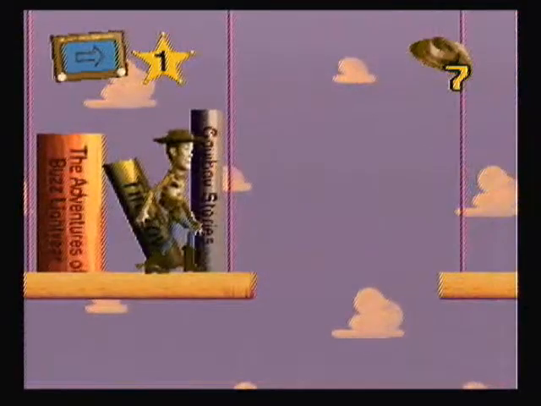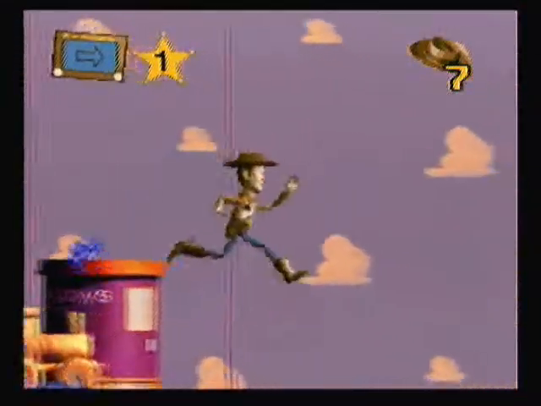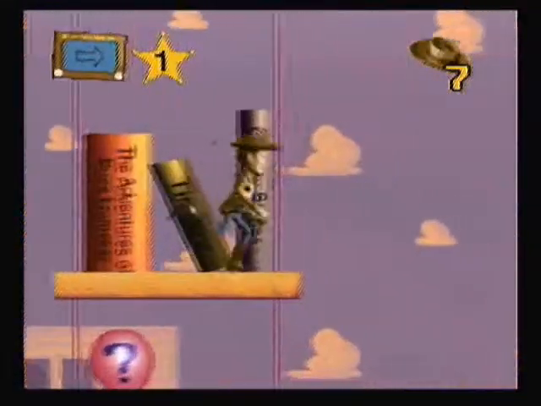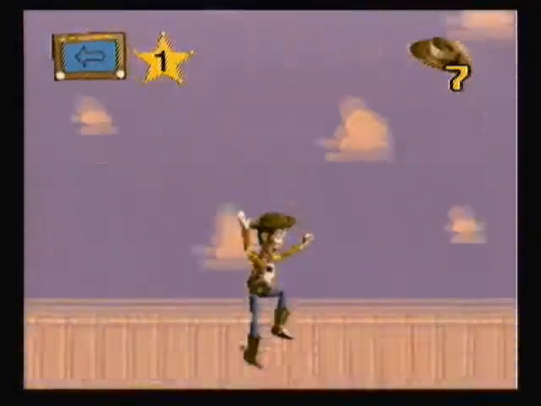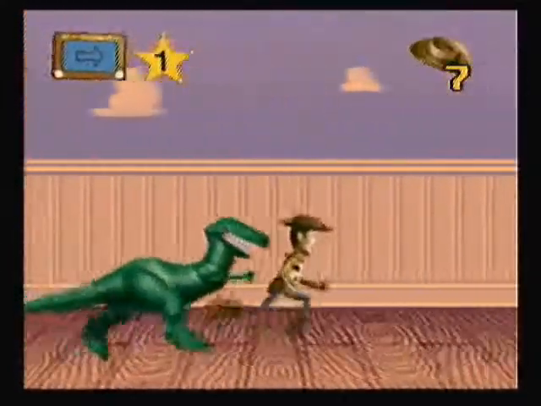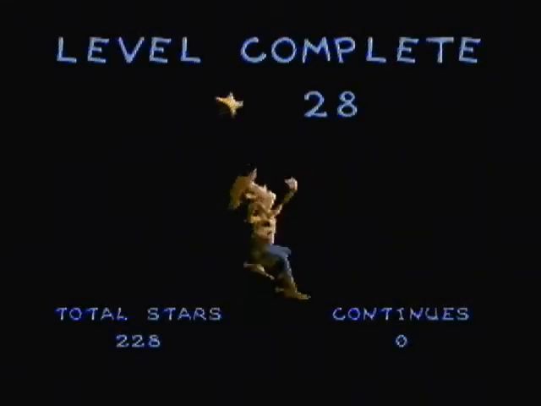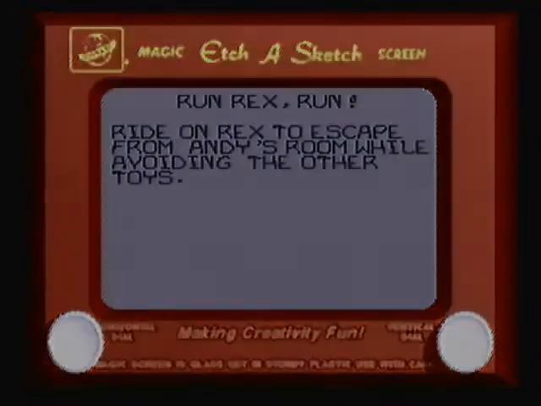Anyways, I've got only one hit point left, so I want to be careful here. Oh, and there's something that could actually stop Rex. A muscle head. Now, this next level, it didn't happen in the movie. There's no point in this level at all, because